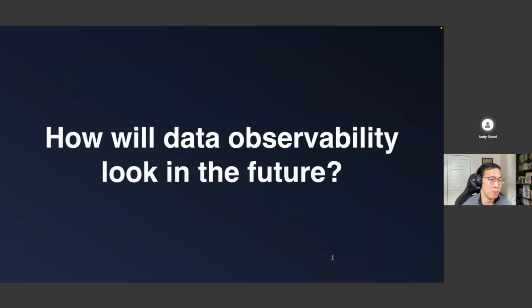And finally, with just a minute, we have to ask, what does data observability look like in the future? Because what we have today does the job, but it's still level 1. And we have to ask, okay, 10 years from now, 20 years from now, how does working with data look like? And I'm very curious for all of your opinions. Please type in the chat or just send me an email. But in 2042,